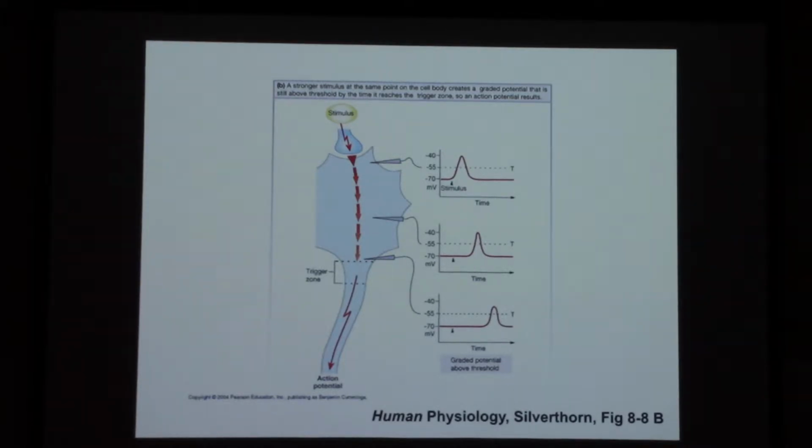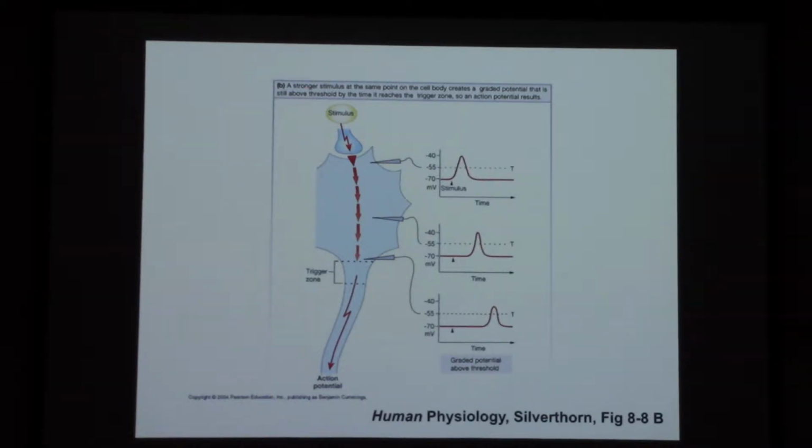Yeah. Okay, good. So we got that, and then these graded potentials travel from wherever they're initiated, spreading out through the cell towards the initial segment or the trigger zone or the axon hillock or whatever you want to call that thing, the beginning of the axon. And that's where judgment is made. Right? Are we going to develop an action potential or not? It's all determined right there at the beginning of that axon.